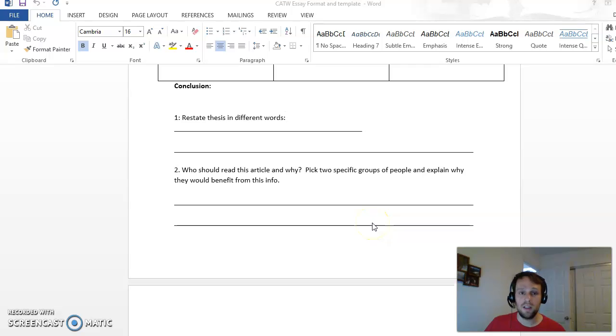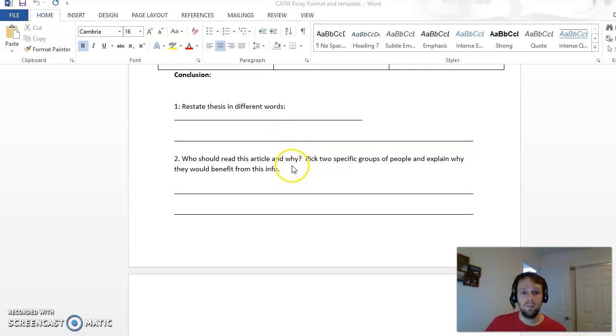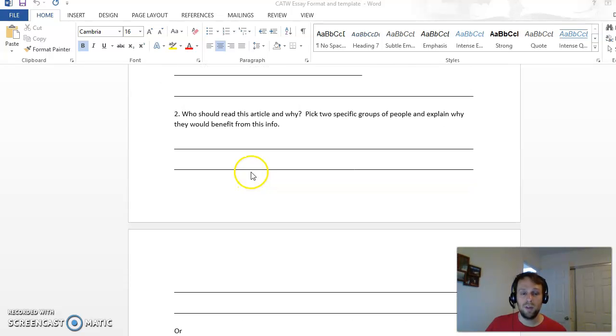Your conclusion, as I said, has 2 simple tasks. You're going to restate the thesis, remind the reader of, after you've gone through your whole argument, what it is that you're arguing, and then a couple different options for ending your essay. Ending it on a